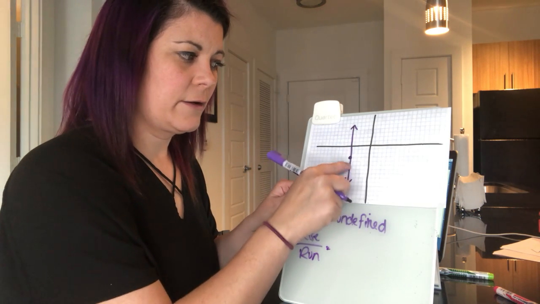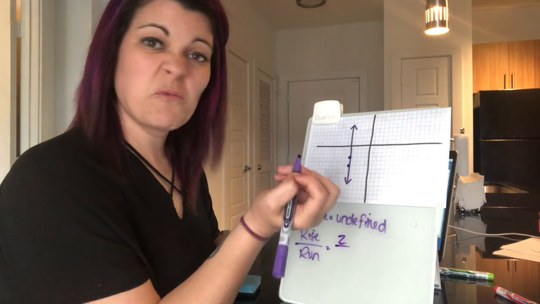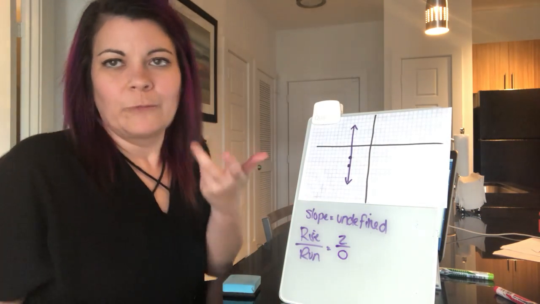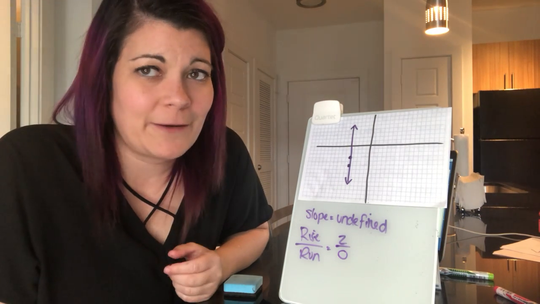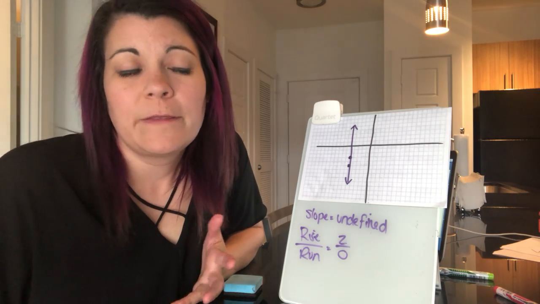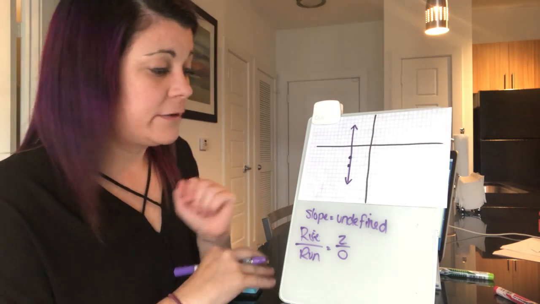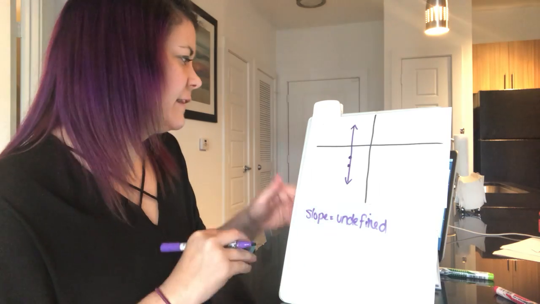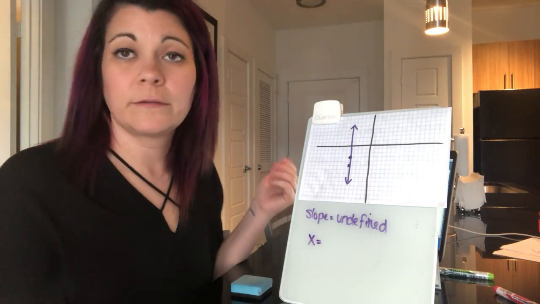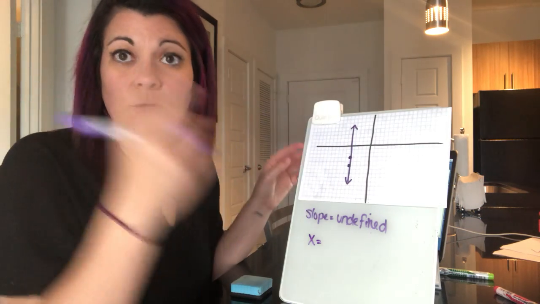Let's go from here to here. It's rising 2, but it's not running. It's not going left or right at all. So over 0. Well, we all know you can't divide by 0. Okay, so since we can't divide by 0, then that slope is what we call undefined. Okay, and the equation of this line is x equals any number, and in this case, it's where it crosses